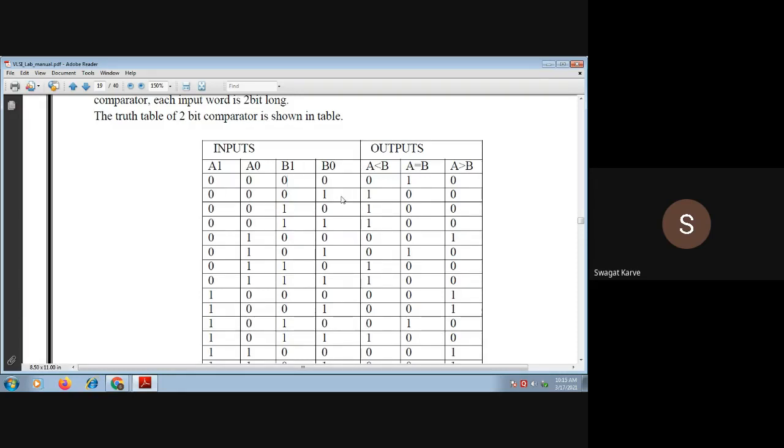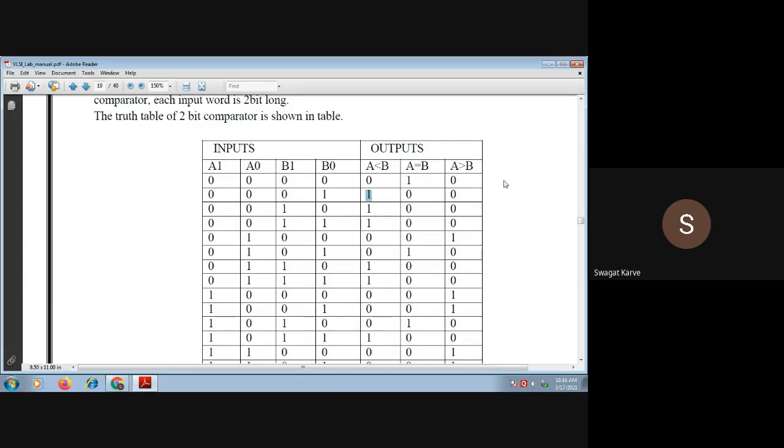That means B is greater than A, so the B greater than A bit will get set. Accordingly, depending upon the weight of A and B, we decide whether they are equal, or which one is greater and which one is smaller. So this is what the comparator is.